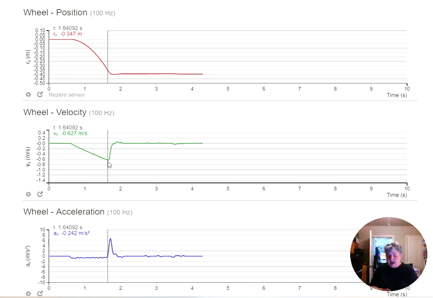And I'm going to divide by my change in time. And my change in time was 1.64 minus 0.623. And if I do that, I get a slope of a negative 0.617